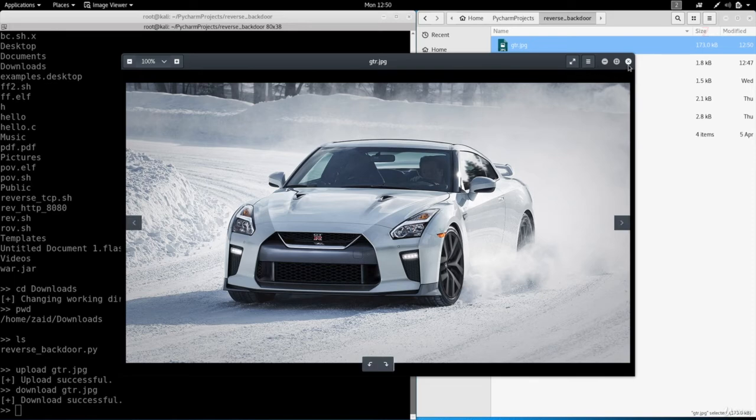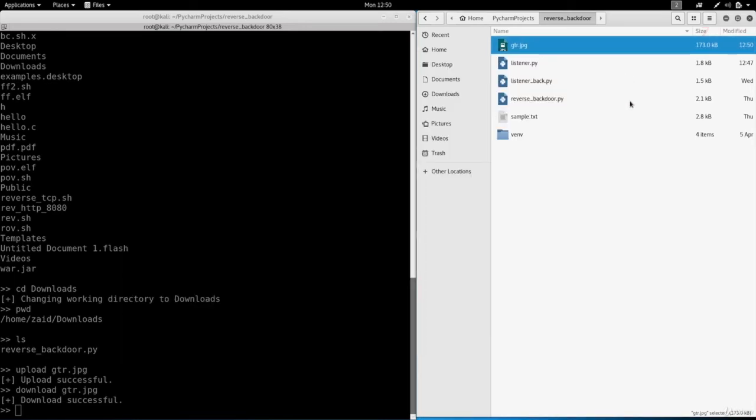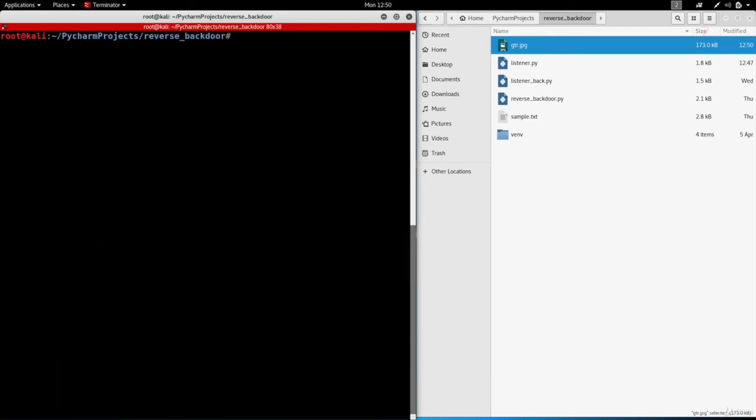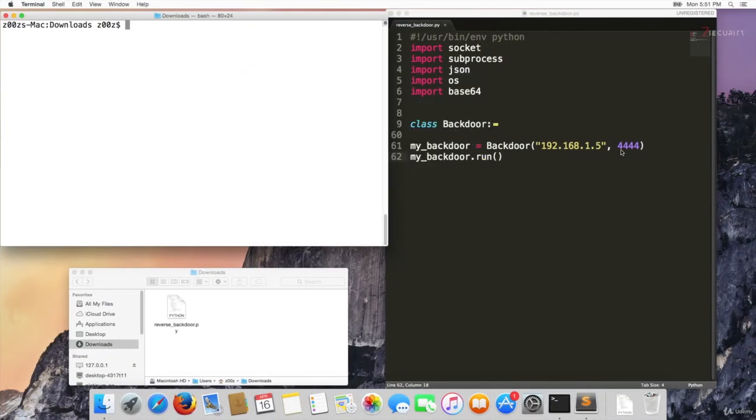So as you can see, we didn't have to modify the code for the backdoor at all, but the backdoor is working perfectly on a completely different operating system. So that's very cool. Let me exit and close this backdoor. And we're going to clear the screen. And the next thing that I want to do is test the backdoor against a Mac OS X machine that